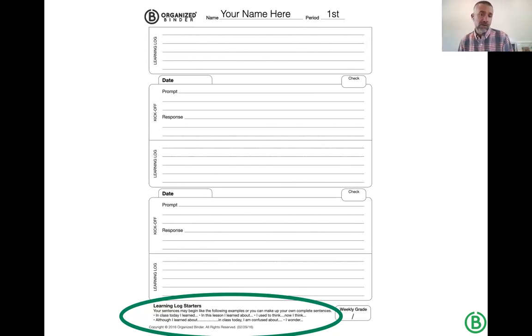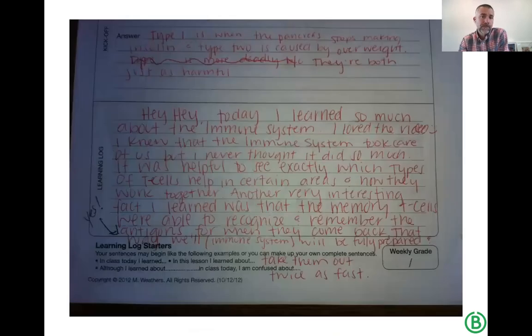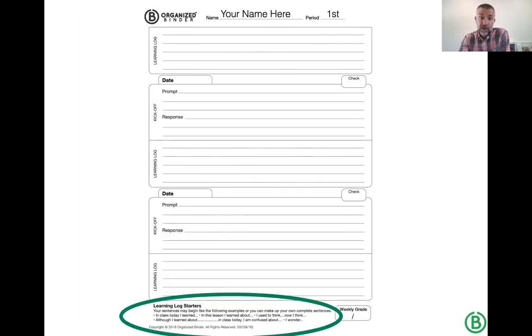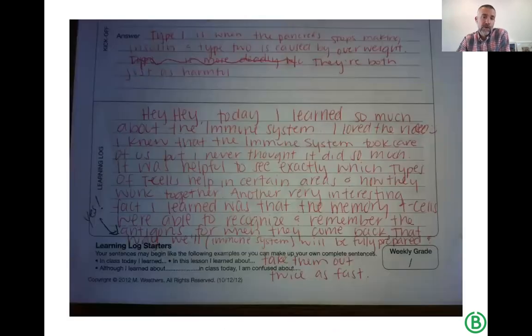And these may be things that your school has thought through. But I'll tell you about our learning log. Here's some basic, very simple prompting that's on the backside of this weekly lifeline. And students, in the same way, are just reflecting in this learning log space. You can see the kickoff and then the learning log. The kickoff is a reflection usually of the previous day. The learning log is a reflection on what I've learned or engaged in or what's confusing me from today, the stuff we did today. So we begin and end with reflection or retrieval practice.